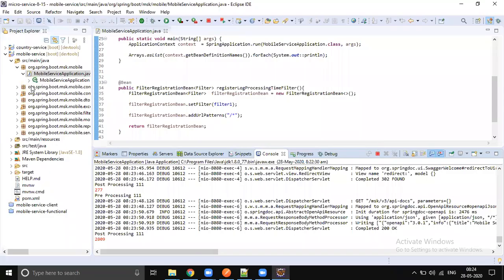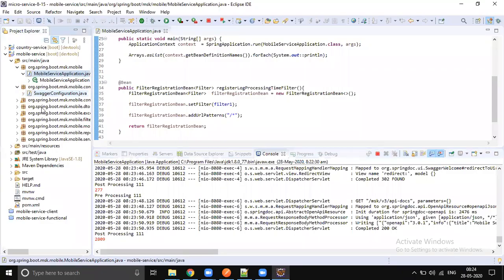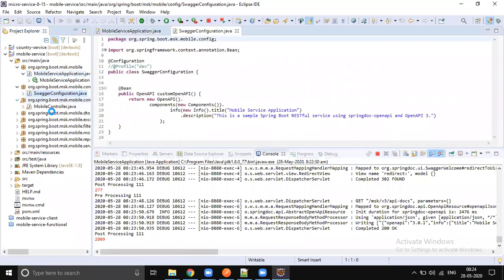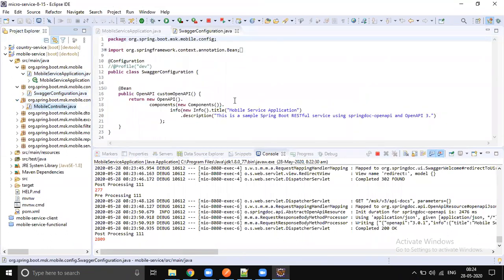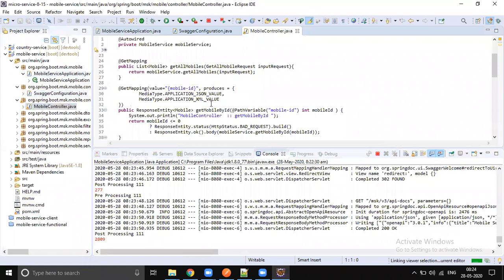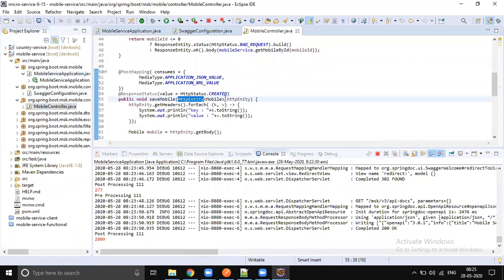The kind of mistake we did is in the controller class we are expecting HTTP entity, right? Instead of request body, we are taking HTTP entity. So let's not do that. Let's take only mobile, right?